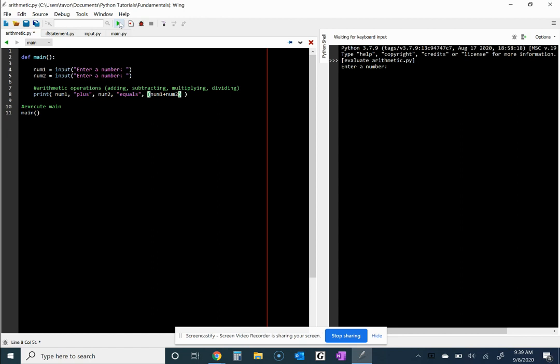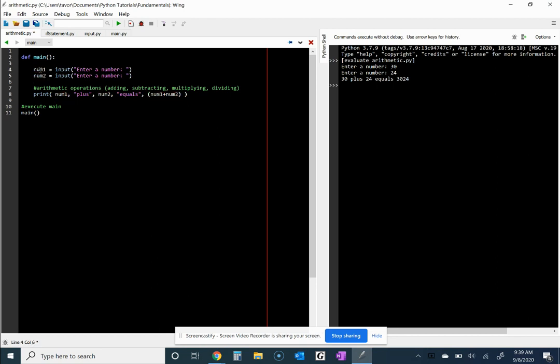So I'll put in a number here, 30, and then I'll put a different number, 24, and it says 30 plus 24 equals 30, 24. Wow, okay, so notice there's a few things we need to note here. First, we need to notice the fact that it actually put 30 and 24 together next to each other rather than adding the two. Now, the reason that happens is because when I